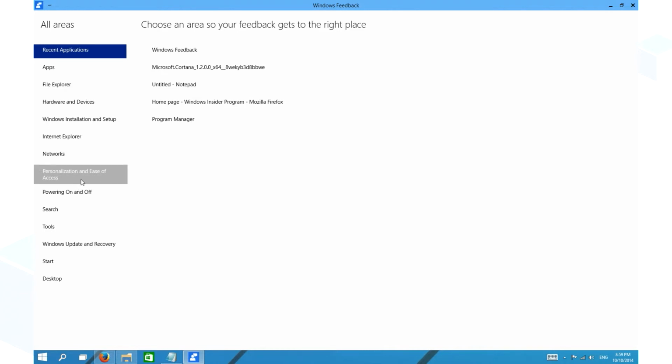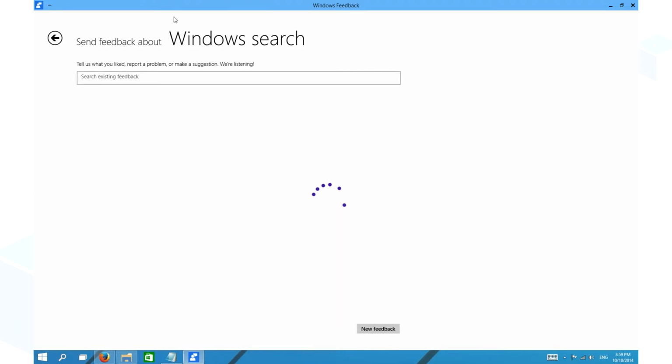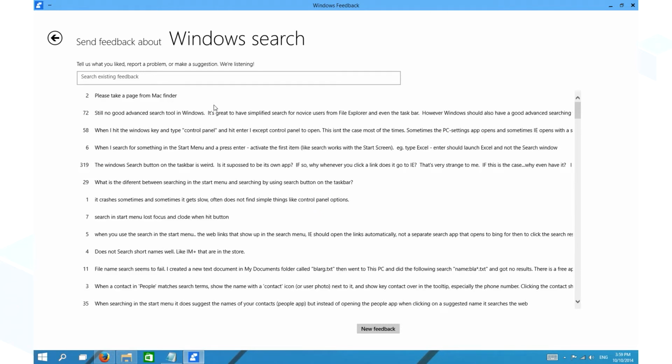Say I want to say something about the search, I can go here and go into Windows Search, and then you can see it's going to call up all the feedback that people have given about Windows Search. And if you have your own feedback that isn't already here, then you can go ahead and hit New Feedback down here at the bottom and add your feedback, however detailed or not detailed you want to be. As you can see, some of these are very simple,